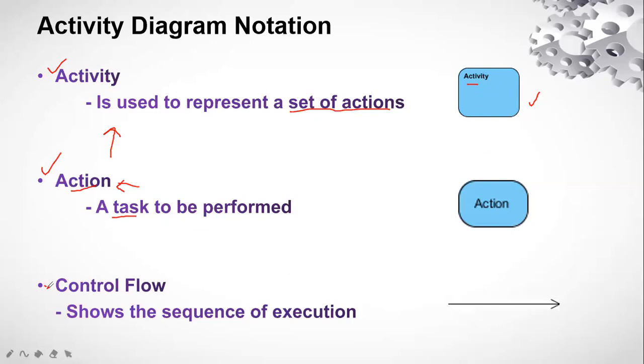Next one is the control flow. Now what is this control flow? Control flow is a kind of link or the relation which you are going to define. It will give you the message that the flow of sequence is in which direction, right? You can understand this direction with the help of the arrow, in which direction it is moving. It can be this way, it can be this way, right? So this is showing the sequence of execution.